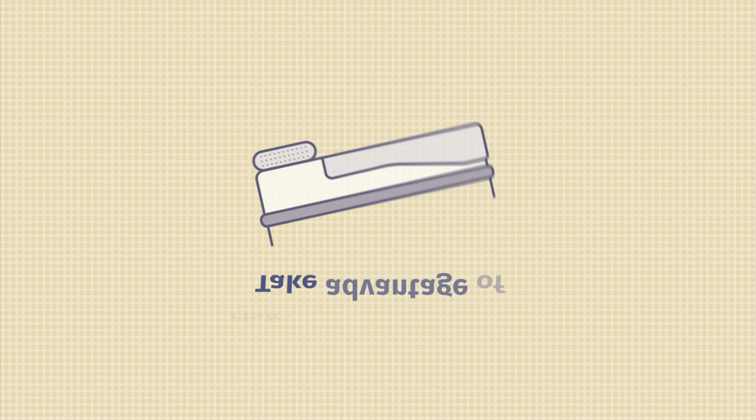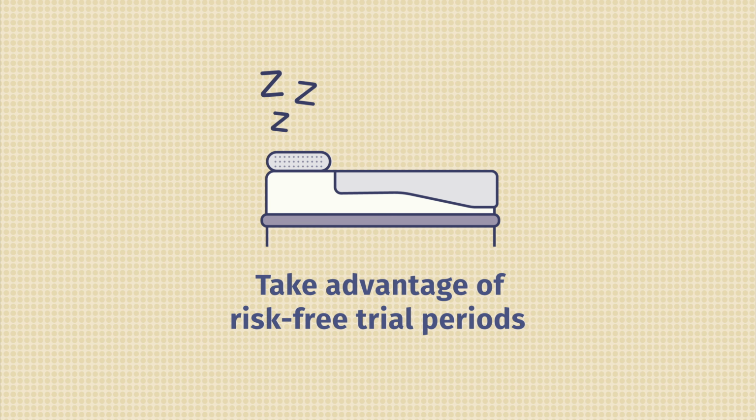All right, the final tip I want to leave y'all with has to do with pricing and trial periods. There are so many different pillows out there that you can try, and so many that are offering risk-free trial periods or extended refund policies. What that means is try to look for pillows that offer 30, 60, 90 days to try out a pillow. I'd even recommend 30 days at the bare minimum to try a pillow to make sure it's the right fit